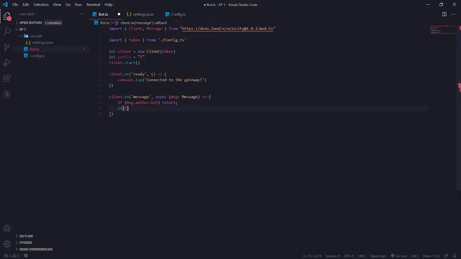We can go in here and just go if message.content starts with prefix. We can just do the same thing here. Now we can go if message.content.startsWith prefix plus, oops, that's not the plus,